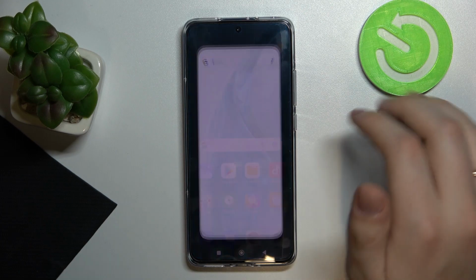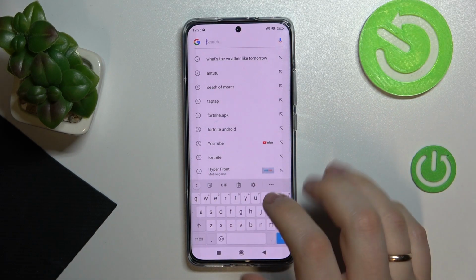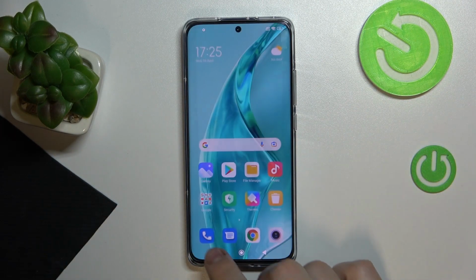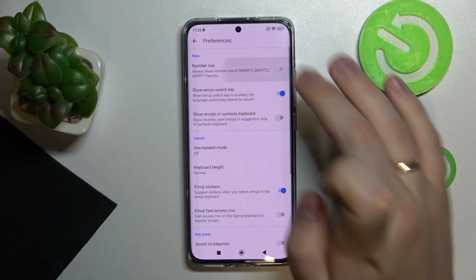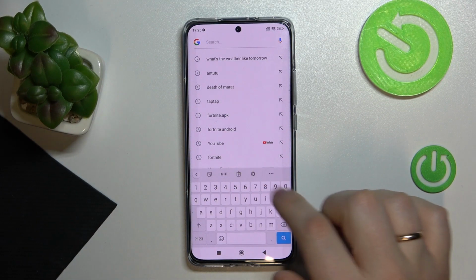Before that, let me show how the keyboard looks without the number row. As you can see, no numbers, no separate number row is on top of our keyboard. And now as I enable the switch, I'll open up the keyboard again, and as you see, the number row has appeared